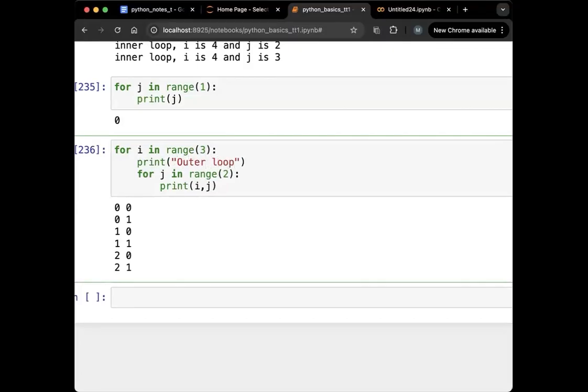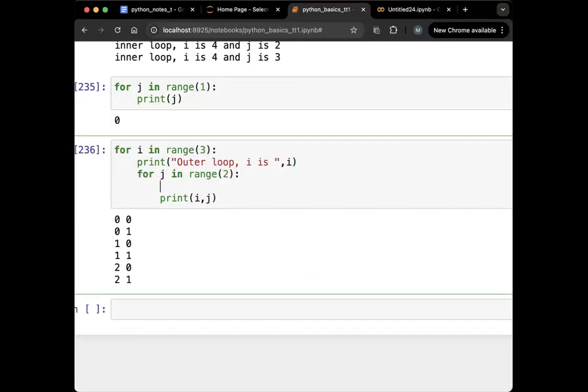So this is the outer loop, right? I know this is the outer loop. And then when I'm in my outer loop, I print i. And when I'm in my inside inner loop,